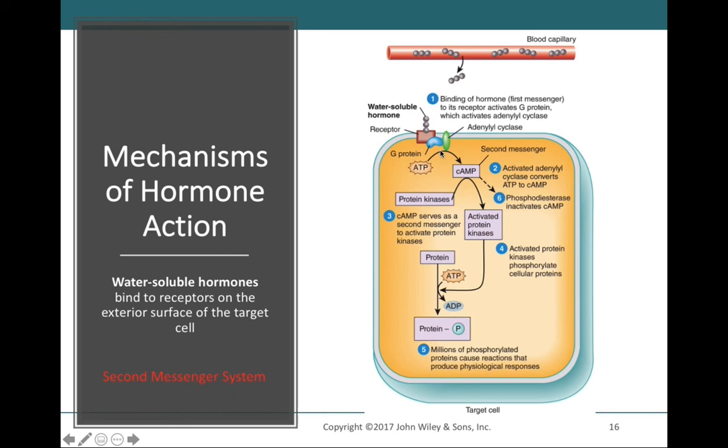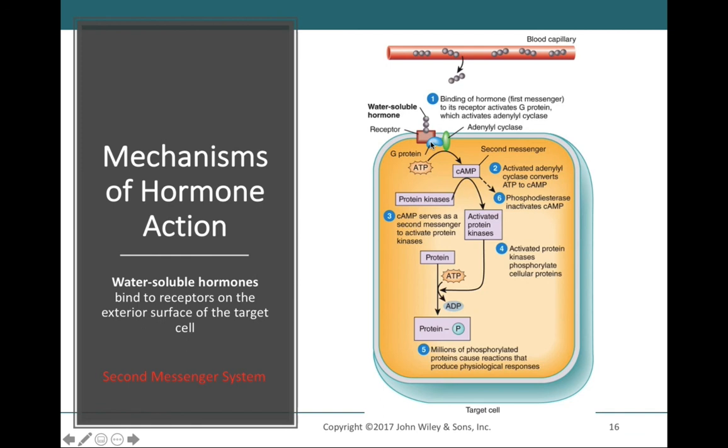So let's break this slide down. Water-soluble hormones are going to be freely transported throughout the plasma. These water-soluble hormones are going to eventually diffuse out of the bloodstream into the interstitial fluid and then come and bind to the receptors that are found on the outside of the target cells. Now the receptors on the target cells are coupled with what is known as a G protein. We're going to see that this G protein is going to be vital for the activation of what's known as